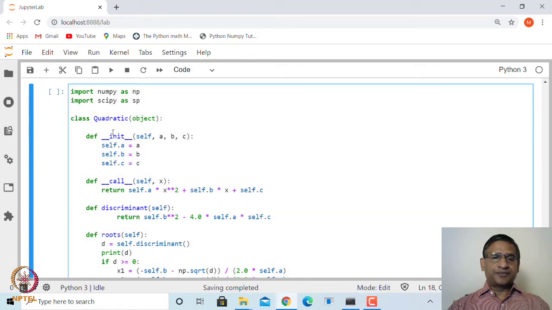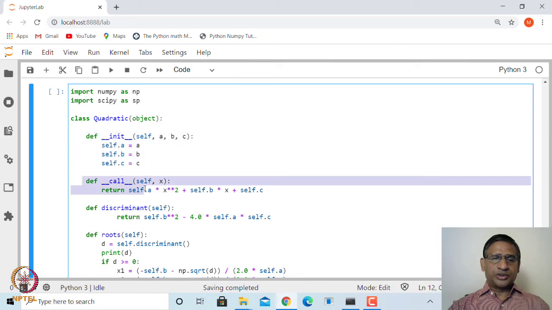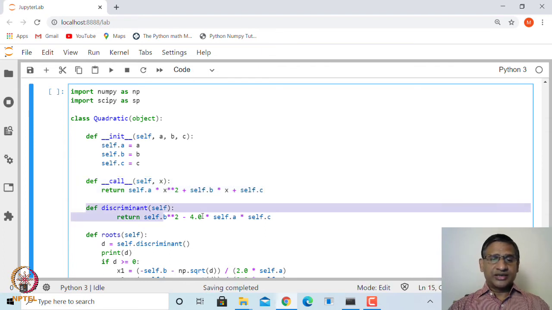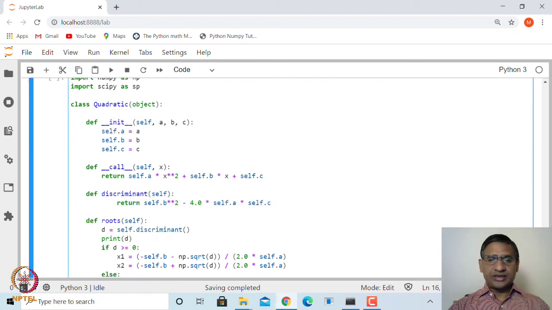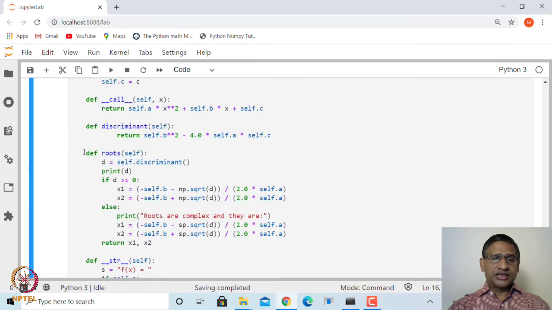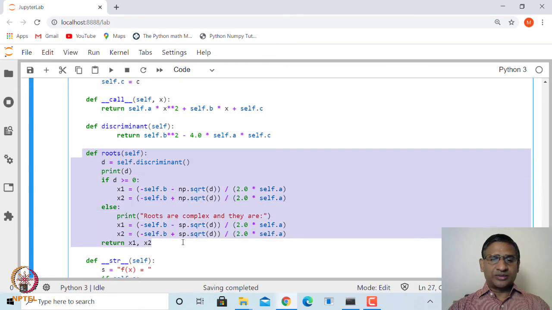We are creating one initialization and then a call function to print what the quadratic looks like, ax square plus bx plus c. And it gives you the discriminant method, which will give you the discriminant, and then roots, again exactly the same as what we have done earlier.